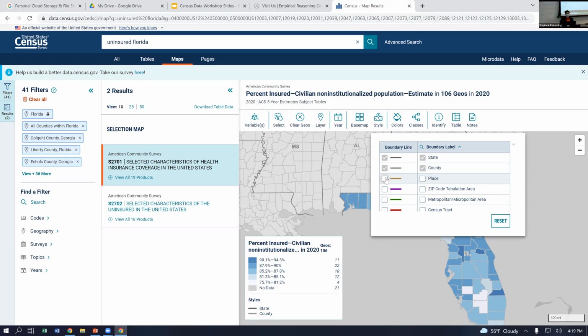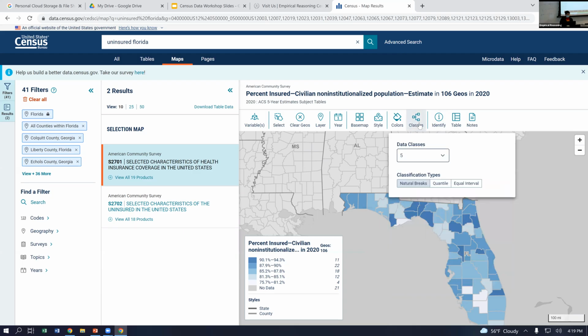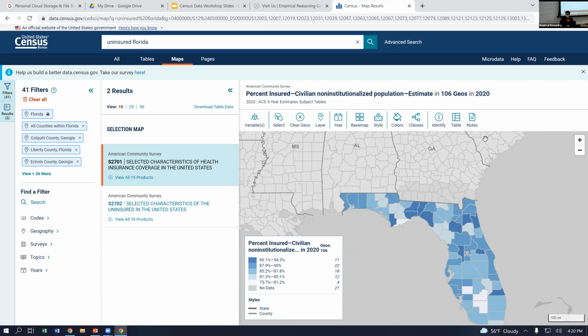If that's something that you're interested in for visualization, it won't change how the data is broken down, but could be useful for reference. And under colors, we can change the color ramp. And in classes, you can also change the number of categories that the data fall into and where they are divided. We'll keep all of these for now. So going back to the table,